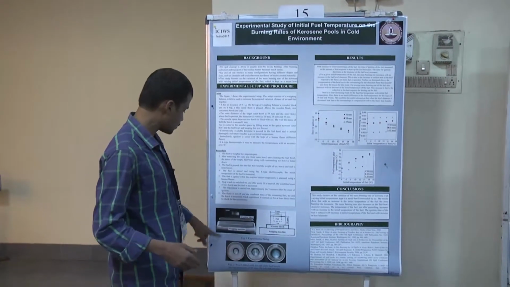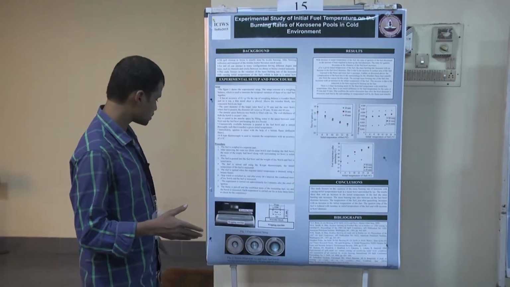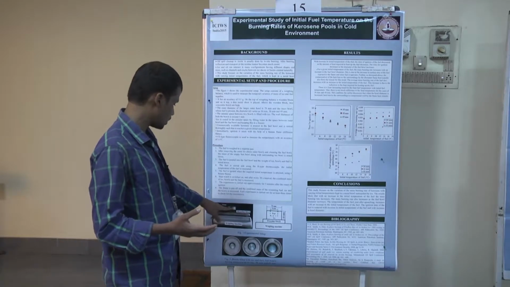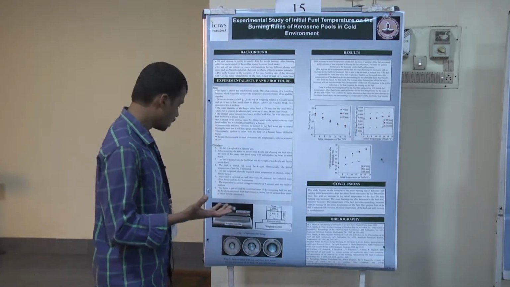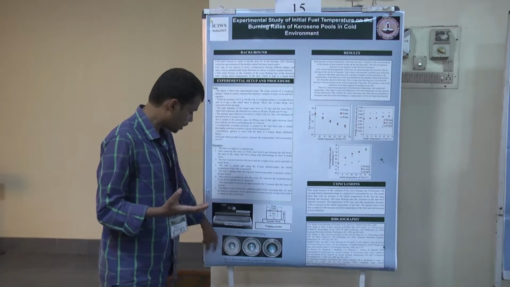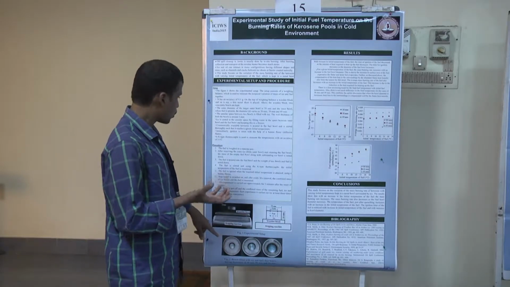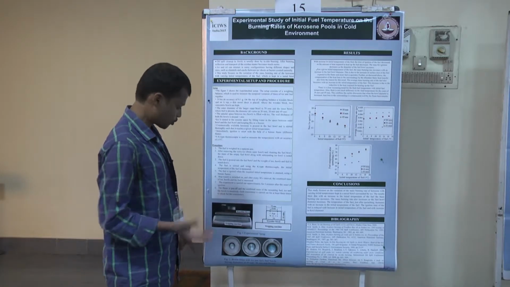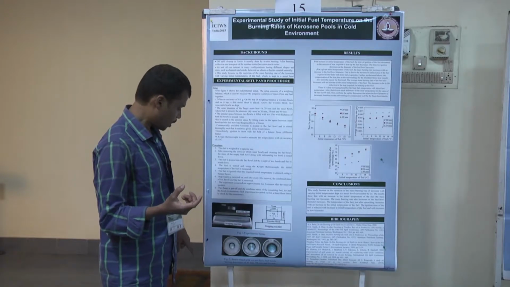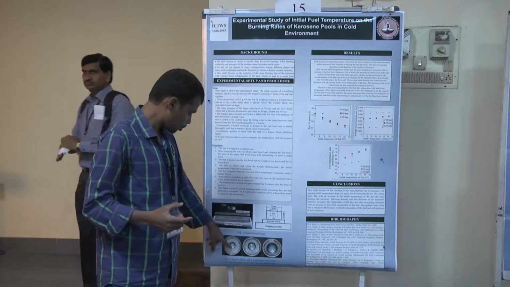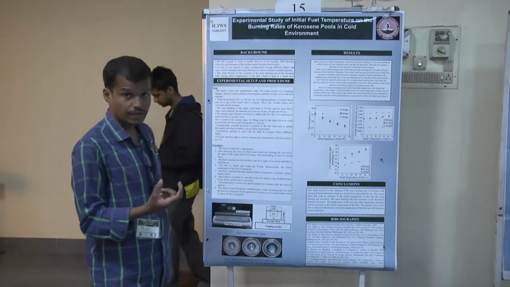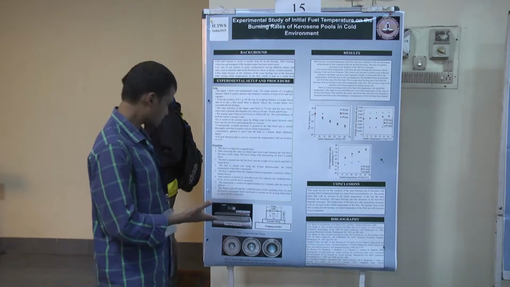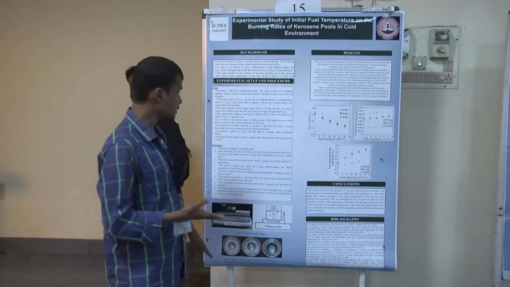The experimental setup consists of a weighing machine which has 0.1 gram accuracy, and above that we kept a wooden block to avoid the oil spill, and above that we kept the bowl in which we kept the fuel and ice. How we are manufacturing the ice is, we are taking a 79 mm outer diameter bowl, and we are pouring pure water into that, and in the middle of the bowl we are keeping the fuel container of the diameter which we want, and we are keeping it in the freezer and making the ice.